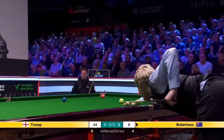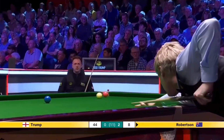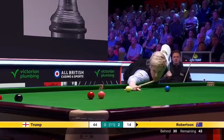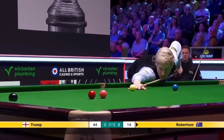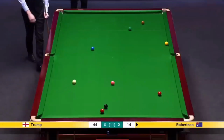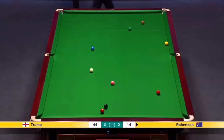A player you feel slowing you down, and when you get to the table, you just play a bit quicker, don't you? To plan, he wins the frame there and then. Well, this Robertson match is now...